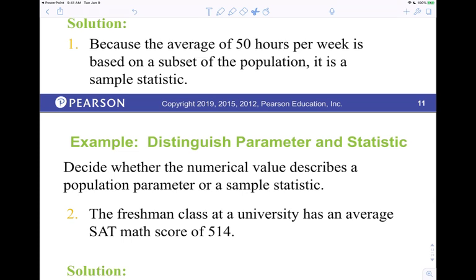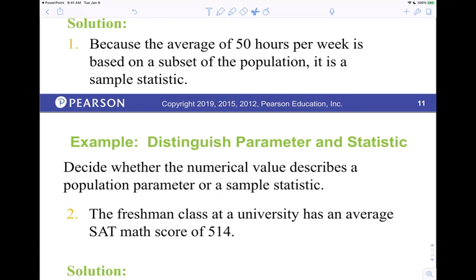We've got about 10 or 15 minutes remaining. Decide whether the numerical value describes a population parameter or a sample statistic. It says the freshman class at a university has an average SAT math score of 514. Based on the way it's been going, this 514 is talking about the freshman class at a university. That could be a subset. You can look at that as either a subset of